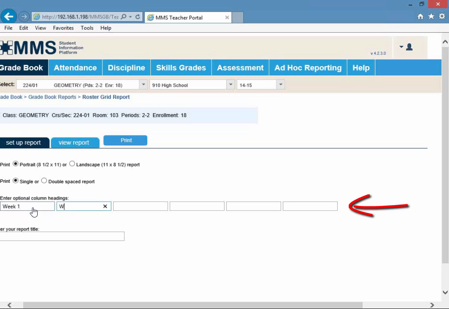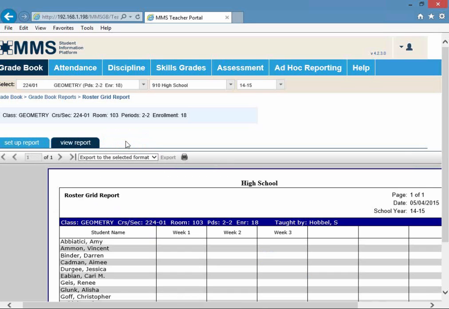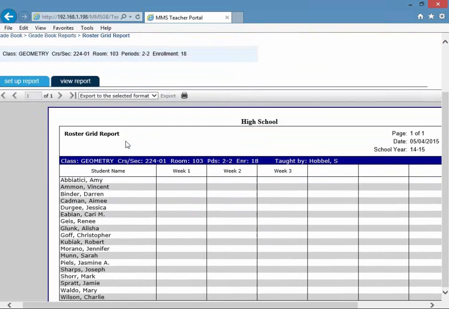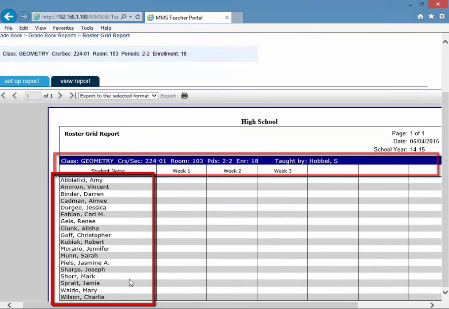So if, for example, maybe something they want to post in the classroom for different reasons, could be for the purpose of students returning permission slips, could be for a sign-in, sign-out type of document. We'll look at an example here. So you can see that since we chose the portrait style, so we have the 8.5 by 11 style layout, and then we have the columns that we chose to label